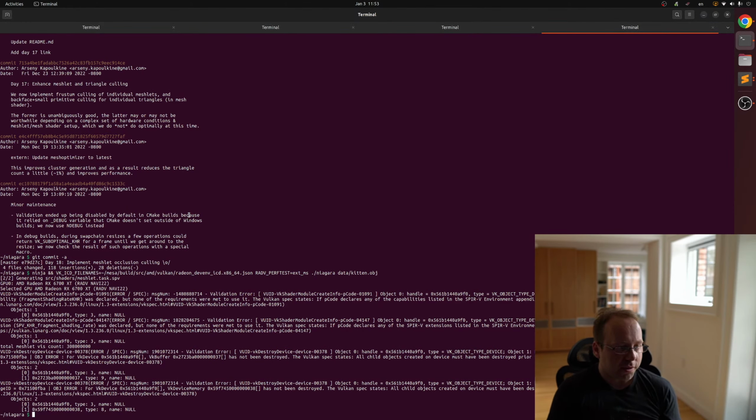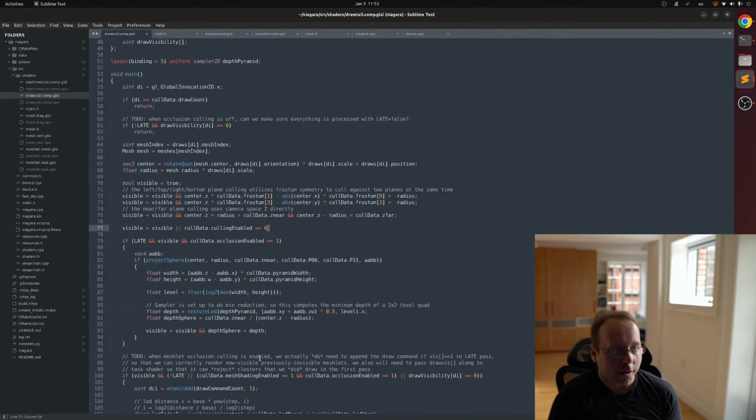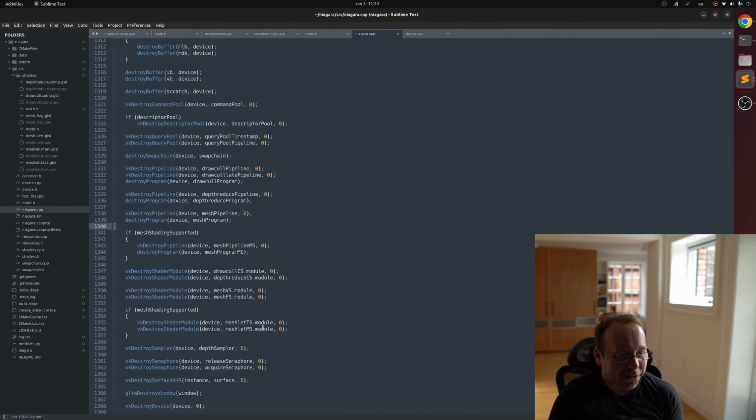I think what this means is essentially we are compiling the shader towards, I don't actually know what this means. Wait. Oops. There's a more important problem. Well, maybe not. There's a problem,